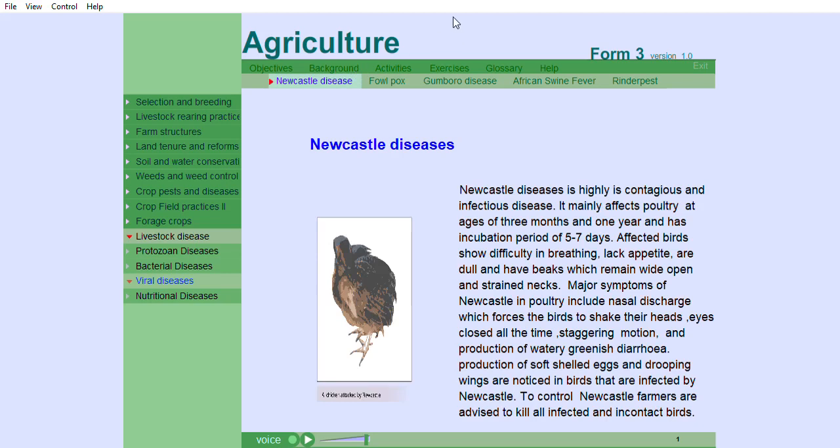Newcastle disease. Newcastle disease is a highly contagious and infectious disease. It mainly affects poultry at ages of 3 months and 1 year and has an incubation period of 5 to 7 days. Affected birds show difficulty in breathing, lack of appetite, are dull, and have beaks which remain wide open